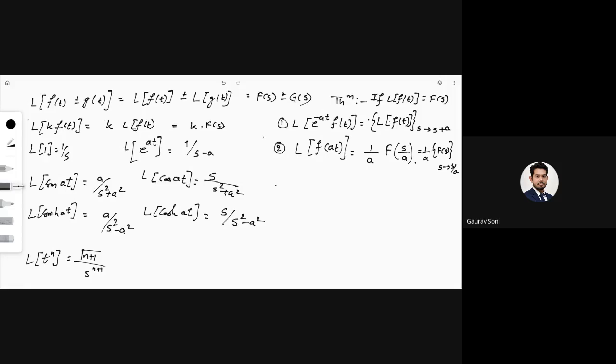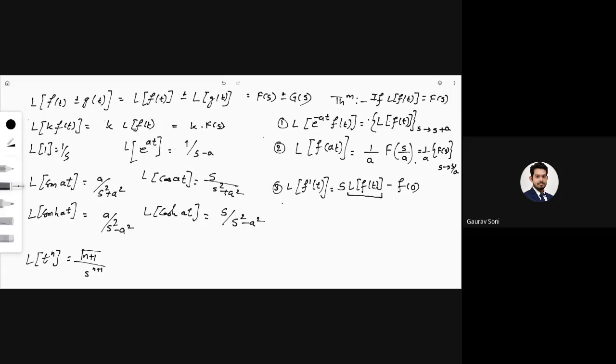Third one: Laplace of f dash of t is equal to s into Laplace of f of t minus f of 0. So we have discussed that Laplace of f dash of t can be written as s into Laplace of the original function f of t, minus f of 0. Even though the formula is just for the first derivative,